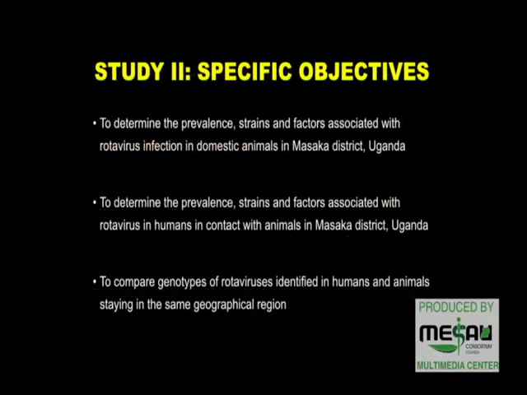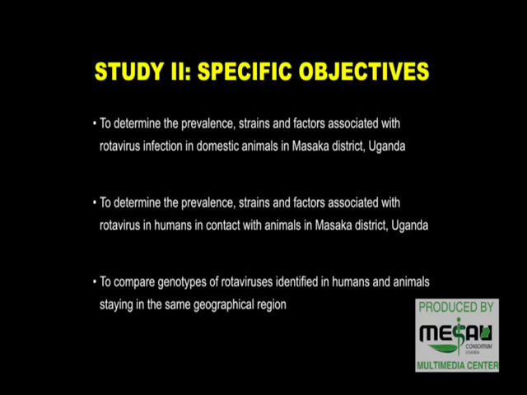So for study 2, this one is still in manuscript form, it has not yet been published. The specific objectives for this study were to determine the prevalence, strains and factors associated with rotavirus infection in domestic animals in Masaka district, to determine the prevalence, strains and factors associated with rotavirus in humans in contact with animals in Masaka district,